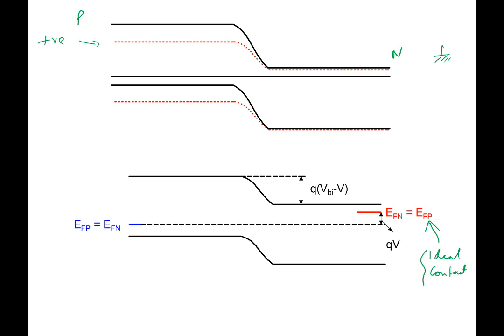If I didn't have ideal contact, so ideal contact means it's like an ideal sink. So with ideal contact, we say you always have equilibrium condition prevailing. At equilibrium, of course, ideal contact is at equilibrium. When you apply a voltage, the ideal contact is not affected by applying voltage or by currents flowing. So in that sense, we are saying equilibrium condition,